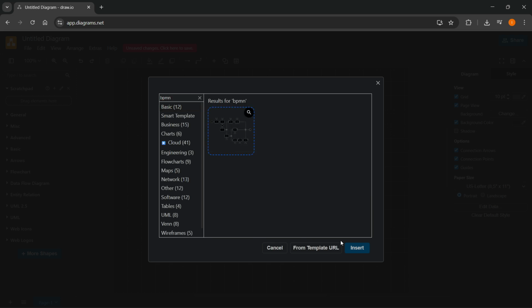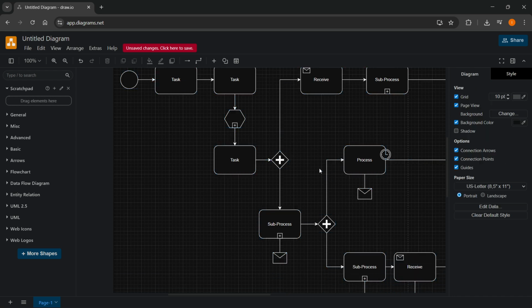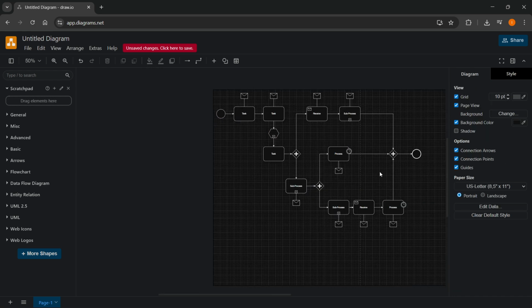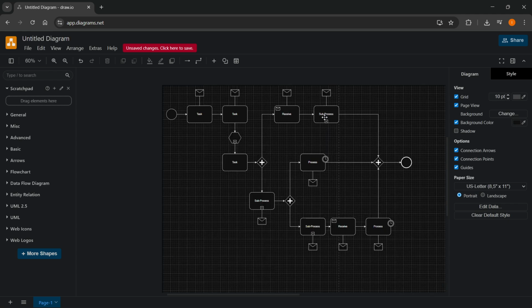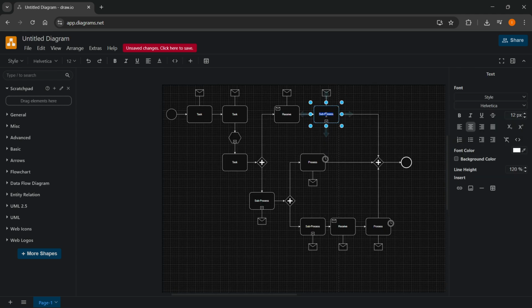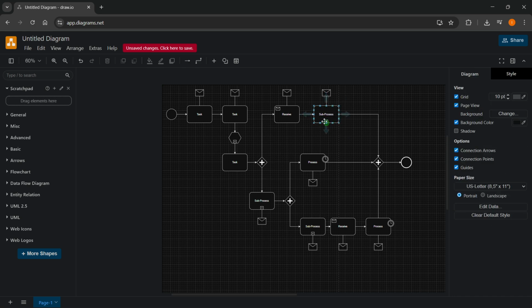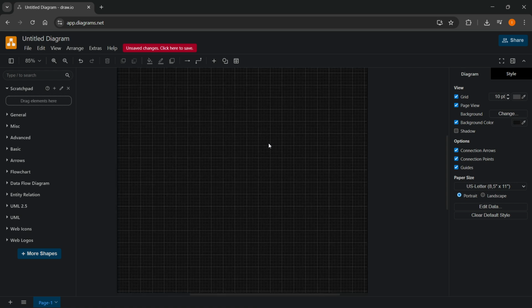Now you can click on that and insert that. And as you can see, this is what that looks like. But if you are not happy with this, of course, if you are, you can customize everything and set everything as you wish to have it. And if you're not happy and you would like to start from scratch, what you can do is you can